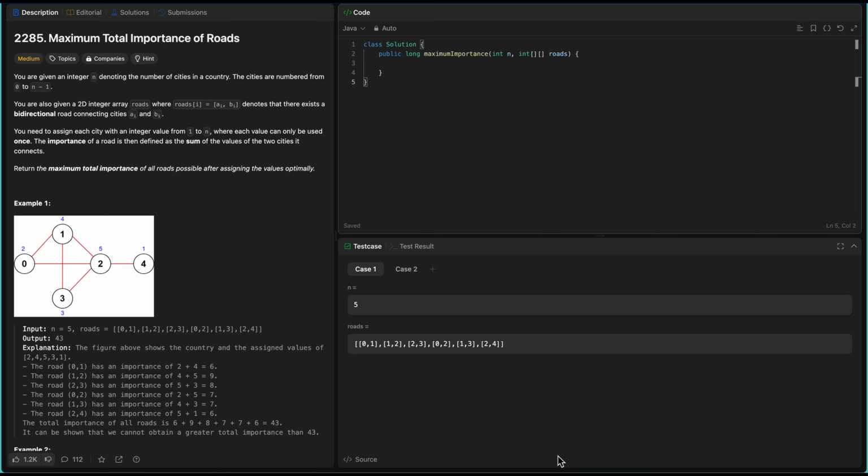Hello everyone, let's talk about another medium problem on Leetcode today, maximum total importance of roads, Leetcode 2285. In this problem, we are given an integer n denoting the number of cities in a country. The cities are numbered from 0 to n minus 1. Then we are also given a 2D array roads, where roads[i] denotes the connection between two cities ai and